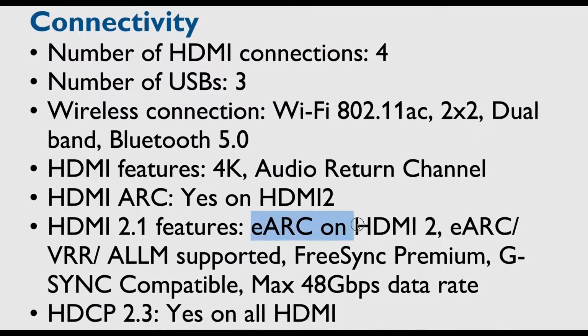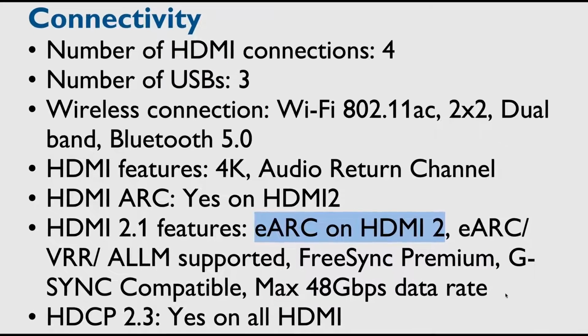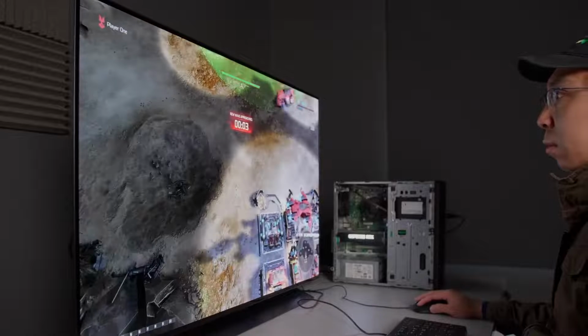Note that HDMI socket 2 is also tasked with eARC duties, so if you are using eARC to pass through lossless audio from the Philips 908 or 808, you will be left with only one HDMI 2.1 port on HDMI 1. Of course, it is worth remembering that 4K 120Hz resolution and 48 gigabits per second bandwidth are only needed